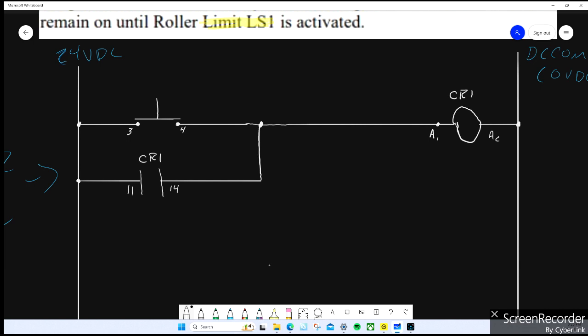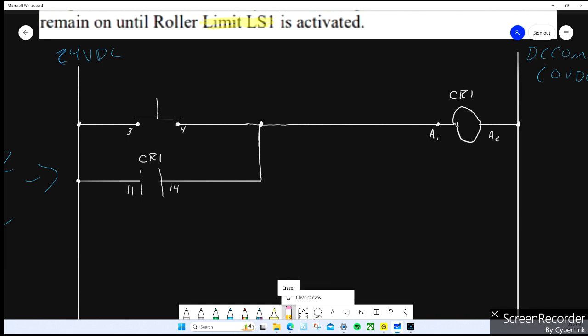All right, so everyone can see what's going to happen here. If I push this button, this will energize, meaning these contacts will close. Therefore, I also have a parallel path of current flow through here, right? When I let go of the push button, this maintains current flow. So this is never going to open or turn off. That's where limit switch 1 comes into play. So we need to put in a way to open the circuit, more or less. So if I erase this,